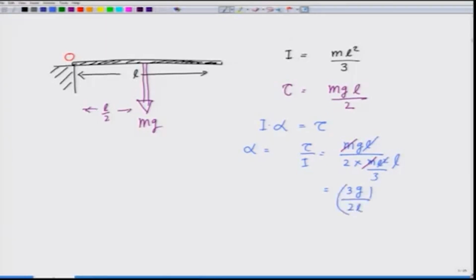So, this rod, when it starts coming down, is coming down with an angular acceleration alpha equal to 3g over 2L,